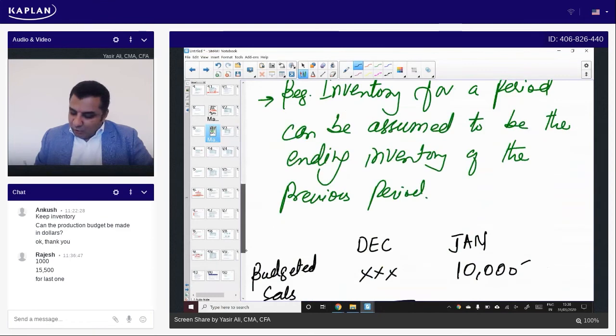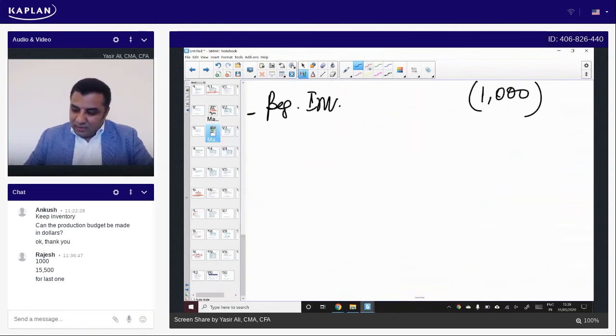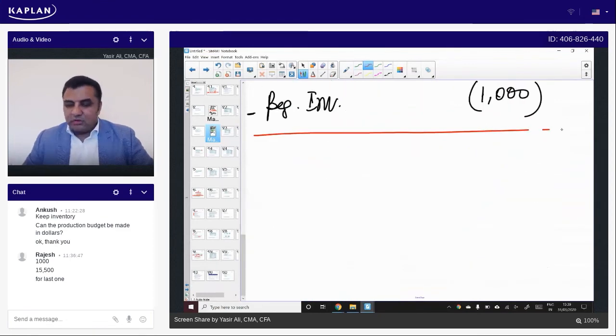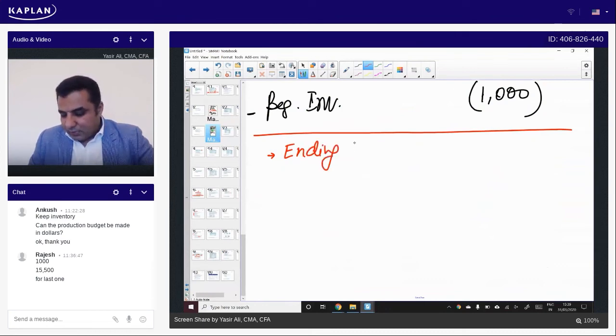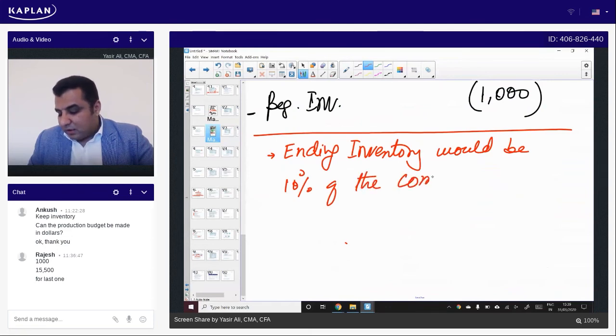I want you to stay with me on this one. This is the rule, or the trick. If you are told, like in this question, that ending inventory would be 10% of the coming period's budgeted sales,